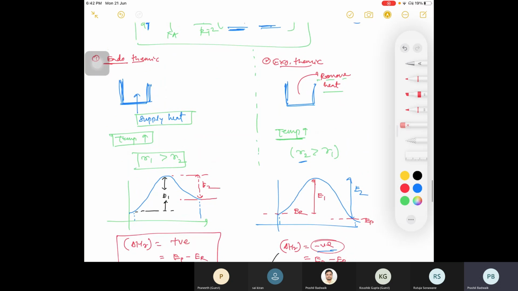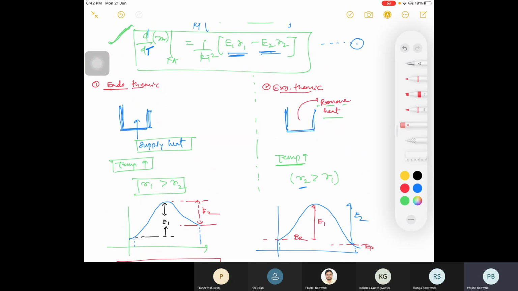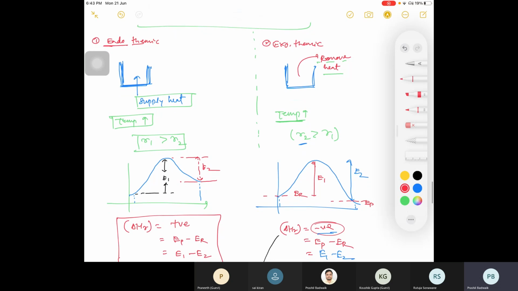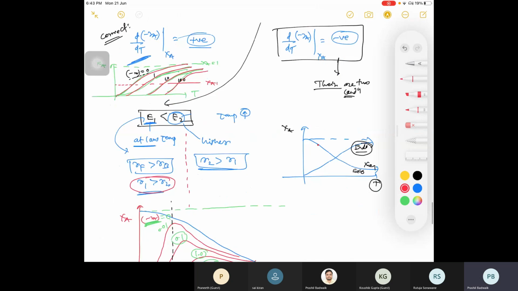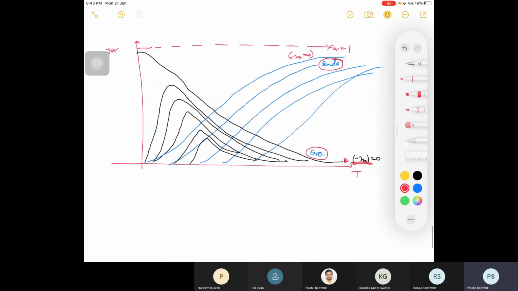So till now, please consider that in case of endothermic, you are having a single case and you will be having two cases in exothermic reaction. It was written in your notes, okay? I'll find what your variation is in case of endothermic reaction at low temperature, okay? Should I move? Yes, sir. Okay. So this was about your temperature variation.